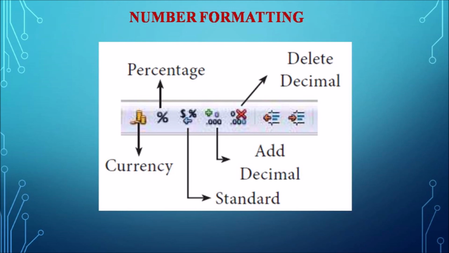And the fourth one, you can see, is adding decimal values. After the decimal point, the user can add the decimal values whichever are needed. Normally the values will be rounded to 2 decimal places, so the user can increase the decimal values by clicking the fourth option. And in the fifth one, you can see decrease the decimal value. A small arrow will be there and .00 will be there. So decrease the decimal value. And these are the most commonly used number formatting options.